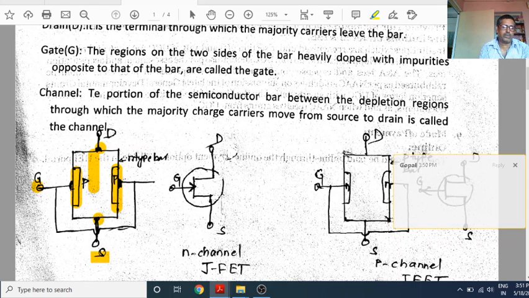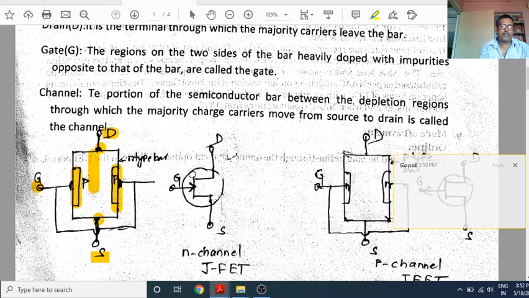We start from source. This is the terminal through which majority charge carrier proceeds towards drain. This is the drain. Through this terminal leaves the majority charge carrier, and this is the gate. Here depletion layer is formed, so a channel is created here.